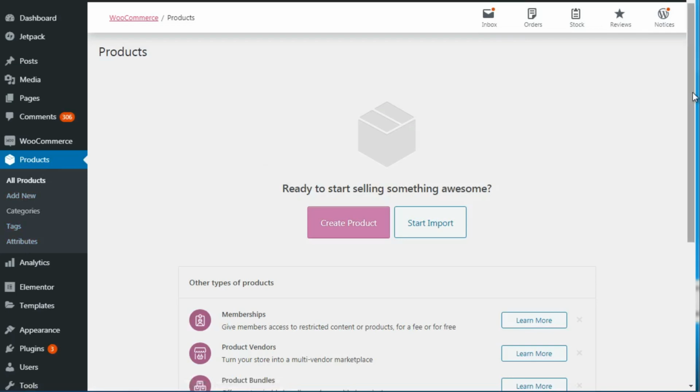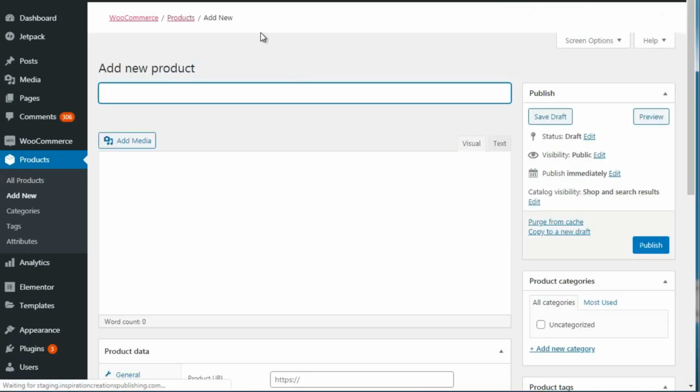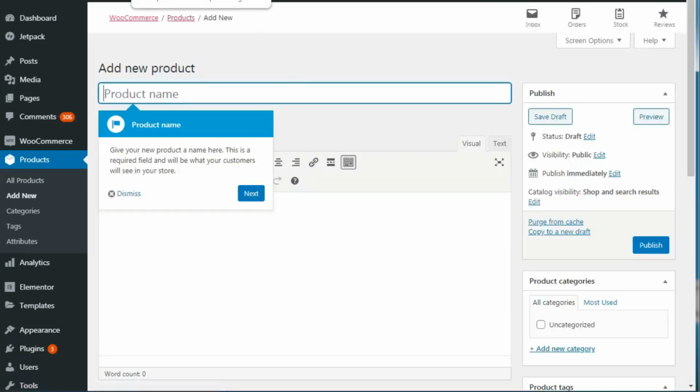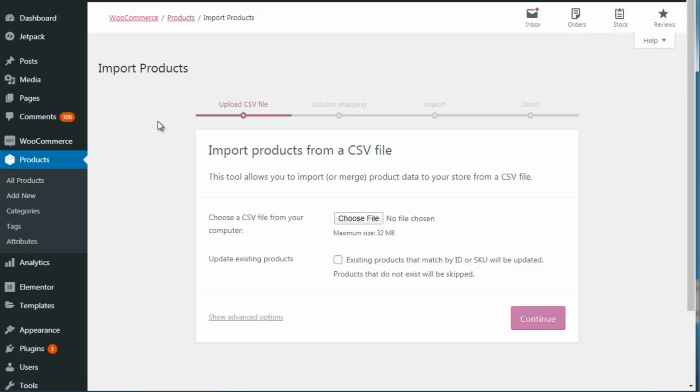So to create a product, there are two different ways. You can either import them by utilizing this. Let's say, for example, that you have 100 different products, and creating individual products over and over again is just going to take a lot of time. So to do that, you can either click create product or start import. I'm going to go ahead and click create product, but I also opened a different tab with the import products